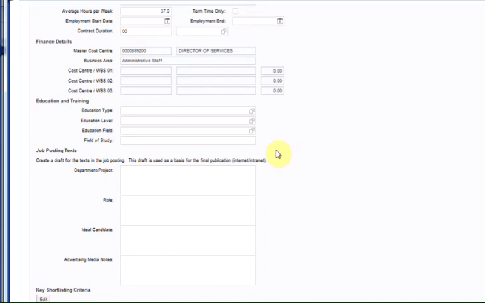The next area for us to complete is job posting text. As stated, this information will form the basis for the finally published job advert. It is largely free text boxes and will add to the standard picture and text associated to your faculty, area or department. Beginning with department or project, you can import appropriate information to help and assist the candidate in building